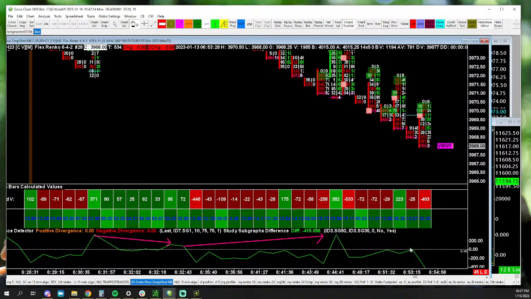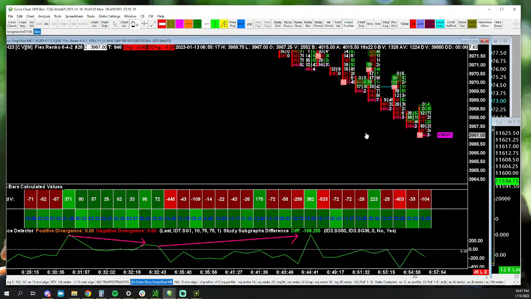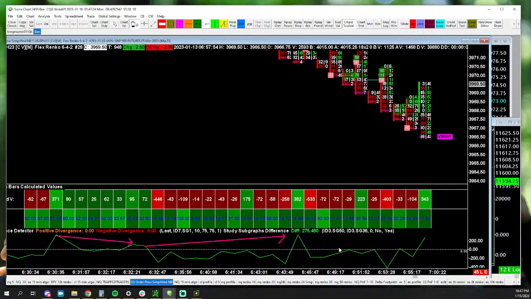So here, these little rejections are confirmation that buyers are just totally giving up here. Like nobody wants anything to do with this. This is probably capitulation, when you start seeing that, by the way. And then see how this almost looks like a head and shoulders. That's my first hint that I'm not looking at another chart. I have no idea what this does, but just looking at that, and the strength that they put in here. I don't even have to look at the numbers, but if you do, you might notice what's going on here.